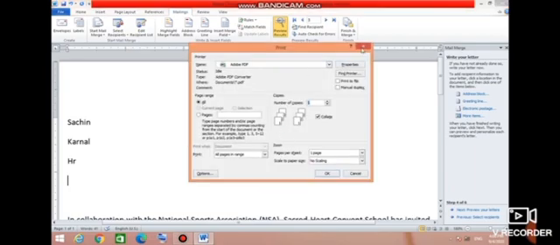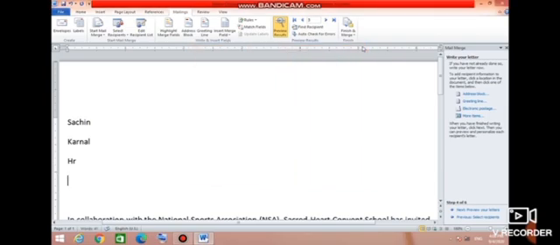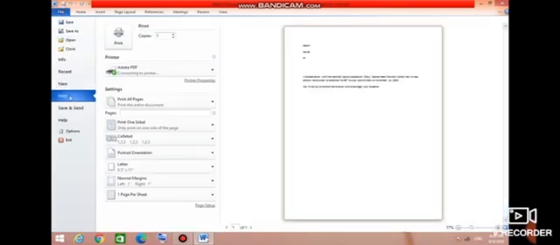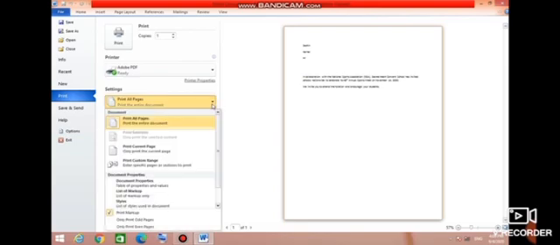Suppose you want to take the printout of all records, we can print all, or if you want to print particular records, then we have to give the page range. Students, how do we take the normal printout? Generally we take the printout through the File menu. The Print option is here. We can see the margins and set the margins through Page Setup. Print All Pages, many options are available here. Print Current Page means the page that is visible where the cursor is, the currently open page. Or print all the pages, or print a custom range.